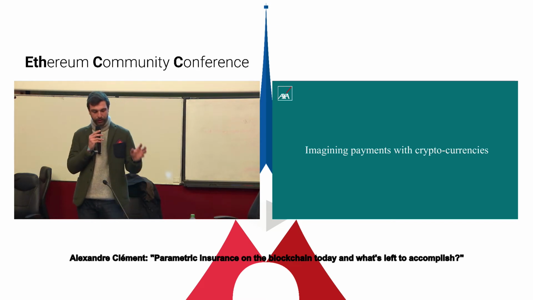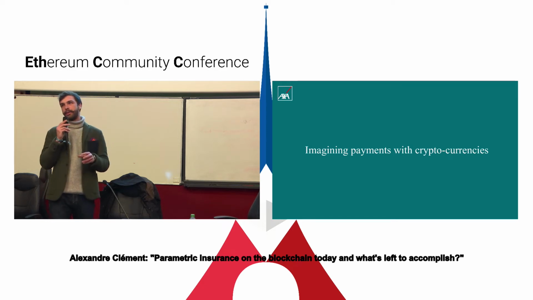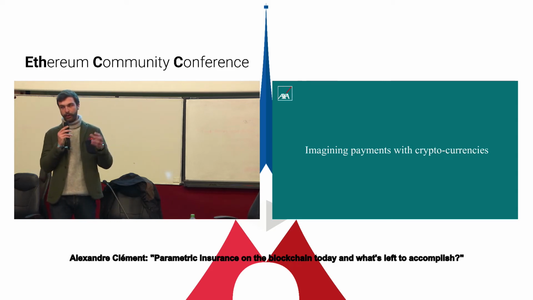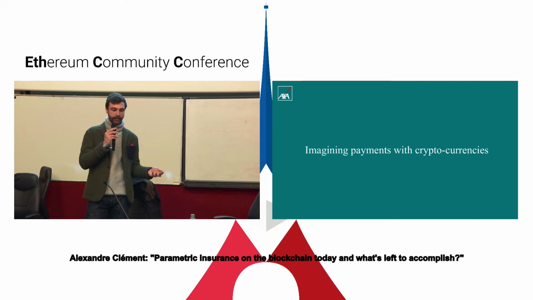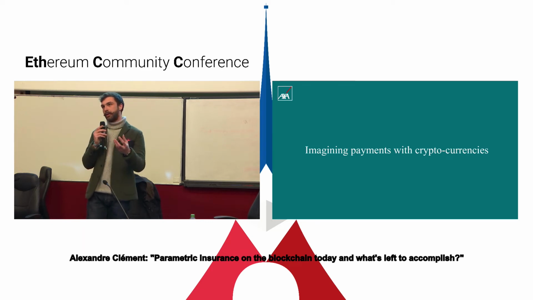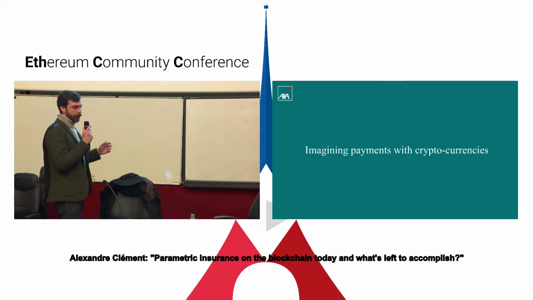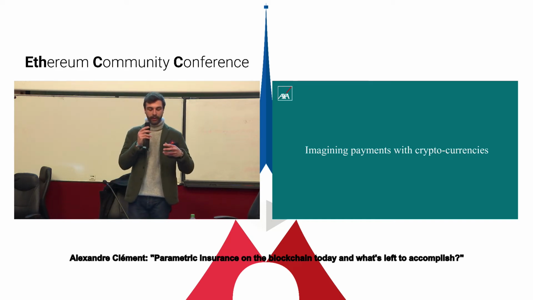The first thing we have to take into account is the total exposure. In insurance, the exposure is what we could lose if all the policies, all the flights in that case, that we are currently covering landed late. Which means we would have to reimburse, to compensate, all the current policies. And we have to define what is the maximum value we could lose in case all flights would be late. So in order to initialize this contract, we first need to provide a pool of ethers, like let's say around 100 ethers. And this is the exposure we agreed to cover in total.